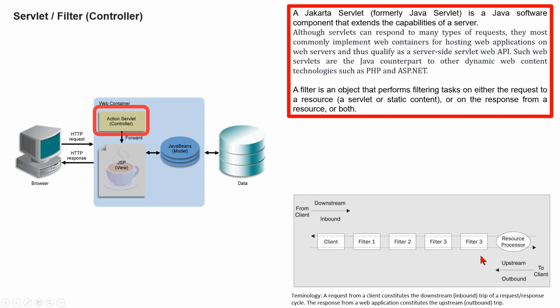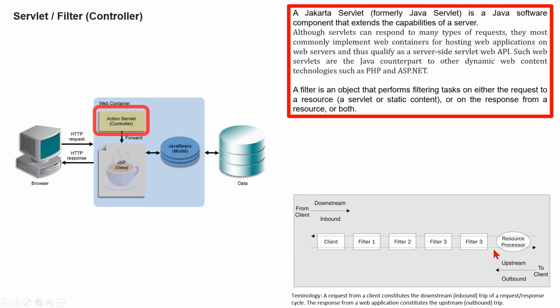The request originates from the client and goes through the chain of filters before reaching the final resource processor. In this figure, the request travels from the client through the first filter, through the second filter, and so on. We will call this the downstream or inbound trip. The downstream trip is always toward the final goal,